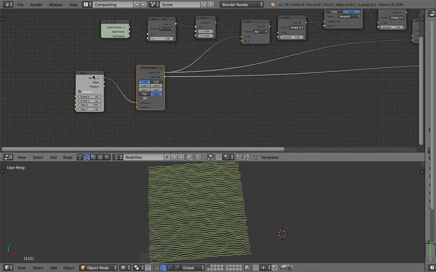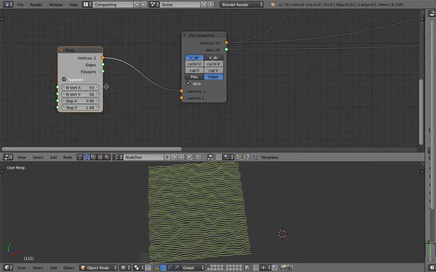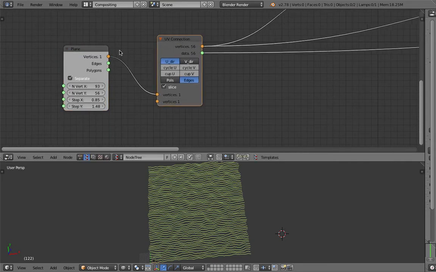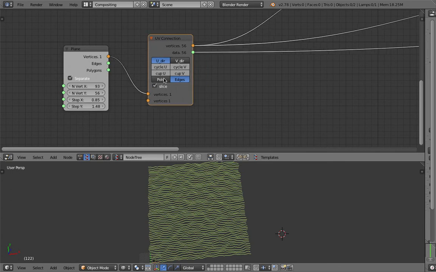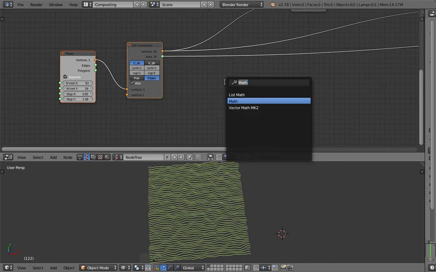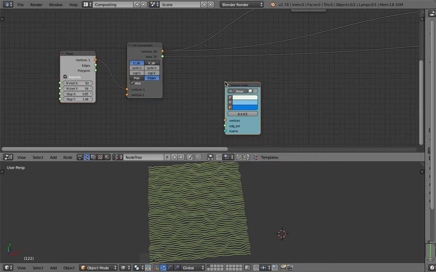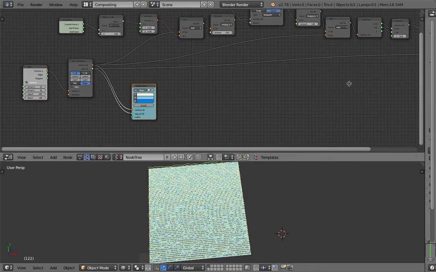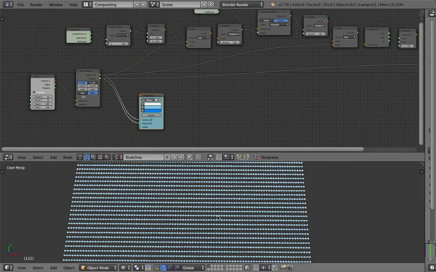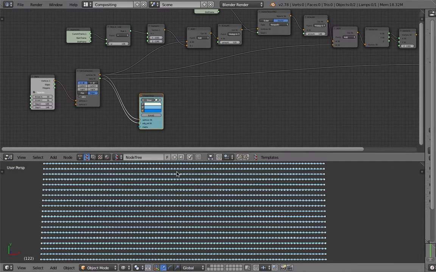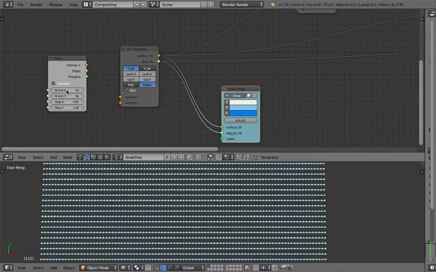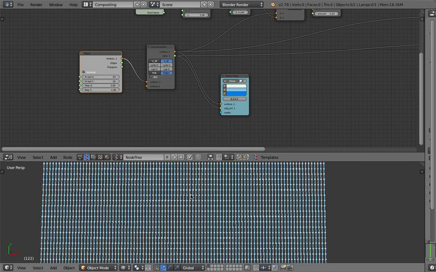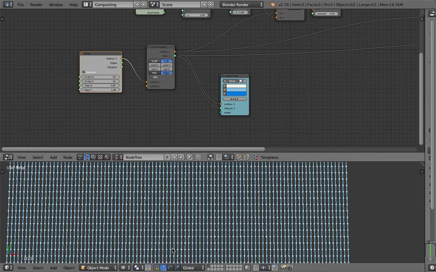But basically, we start with a plane and with the option separate on, and then the UV connections. Both plane and UV connection work together to generate this line. If I use a viewer draw, we can see the result real quick. It's just a bunch of lines, like so, bunch of lines with a lot of points. Of course, the points depend on this number of vertices in X and Y. We can have the lines in the vertical direction or horizontal directions,